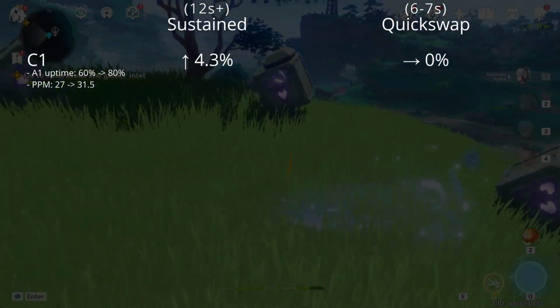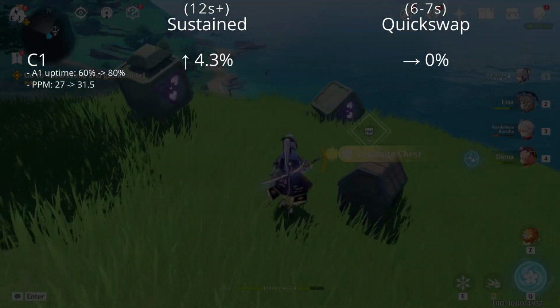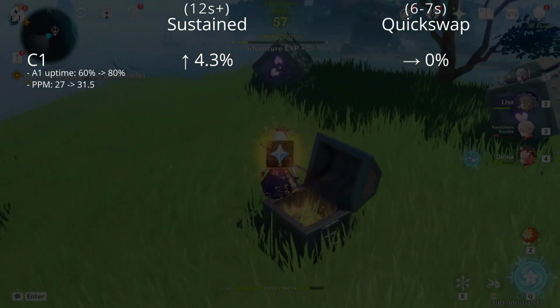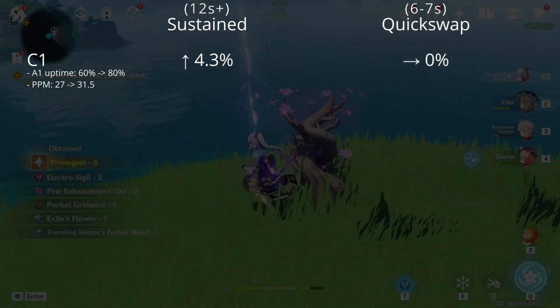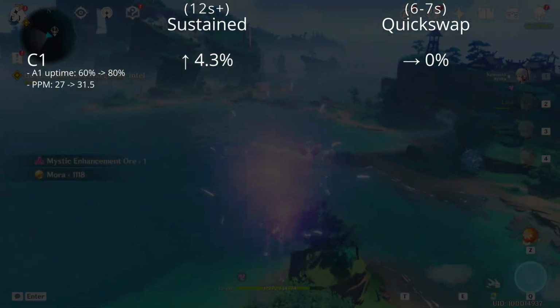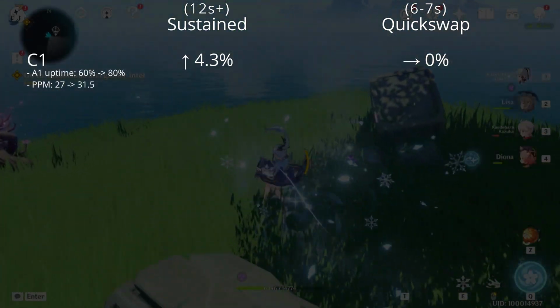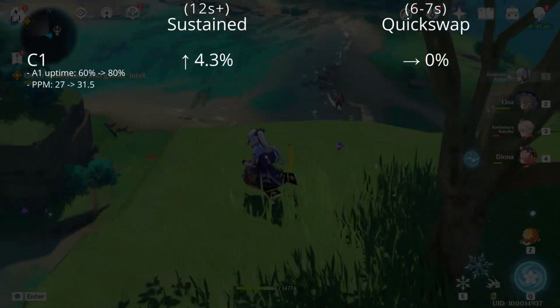With that, the uptime on your A1 passive would go from 60% at C0 to around 80% at C1, and your particle generation would go up from 27 cryoparticles per minute at C0 to 31.5 particles at C1. In terms of damage increase, you're still dealing around 4% more damage than before, but compared to her following constellations,